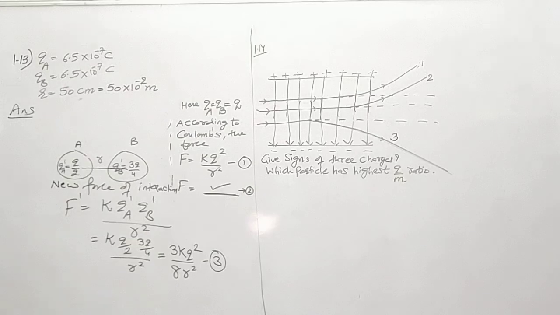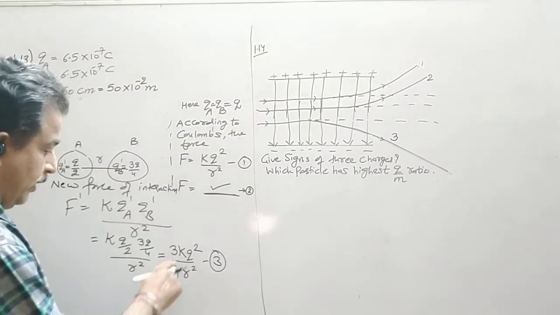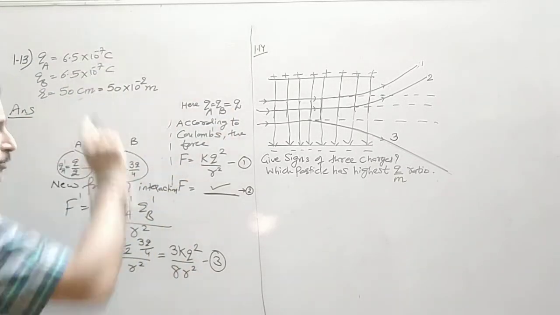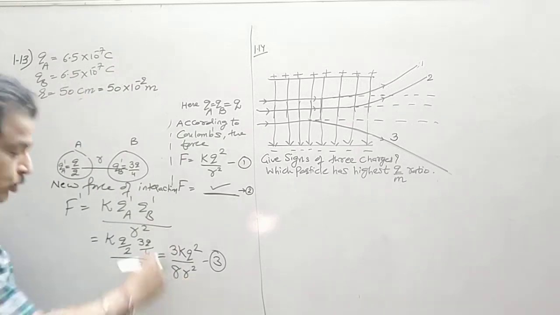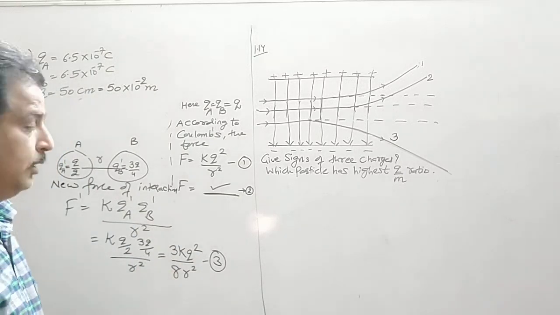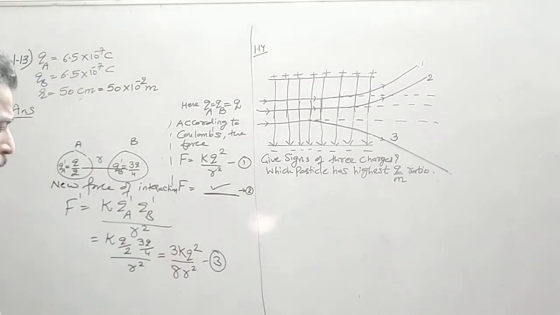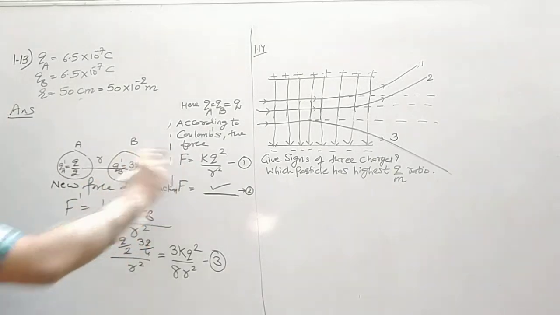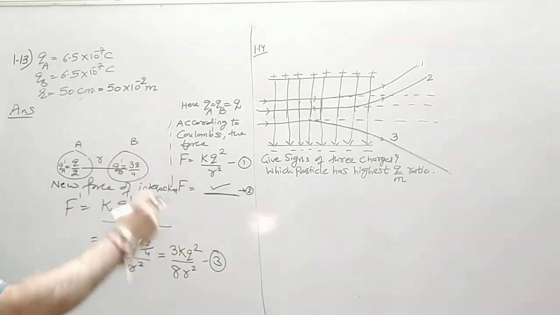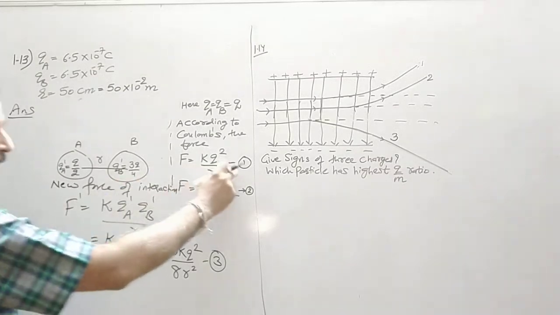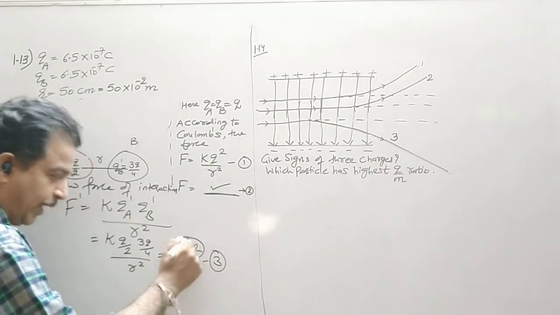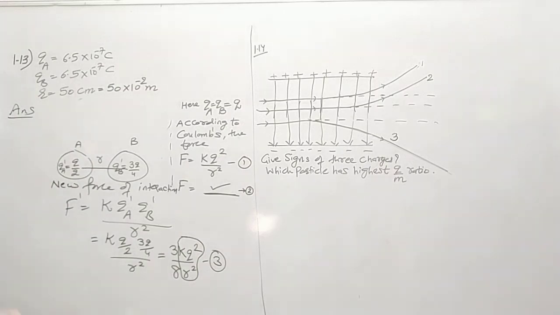Now if I want to find out the value, I have a K value, Q is given, that is 6.52, and R is also given. So you find out the new value. Or in MCQ, we have to find out the relation between the new force and the initial force. Now if I take a ratio of equation 3 and equation 1, clearly this is KQ square upon R square is your F.